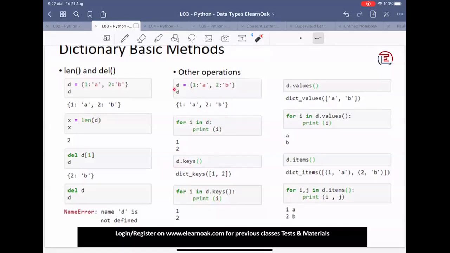We can also access the keys by using D.keys. D is the name of our dictionary. When you do a dot keys, you can see what are the keys available for the dictionary. So here we have 1 and 2. And if we write this as our input, that is for I in D.keys, you get the values 1 and 2. So here also we can see it gets the keys. So tell me maybe a very small interesting question. If I want to loop through the keys, I have two ways of doing it. I have method 1 and method 2. Which way is better?